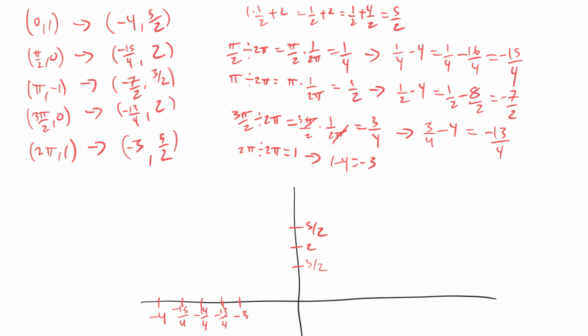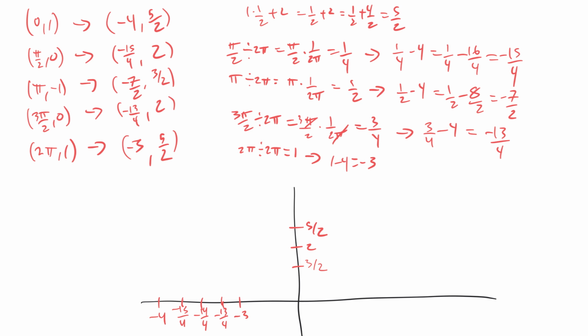Now some of you might argue, well, Mr. Peters, it doesn't look like the -4 to the -3 would make it all the way to the 0. It looks not to scale, and that's not really the end of the world. As long as your points are properly labeled, scale is a little subjective, and it's not really the most important